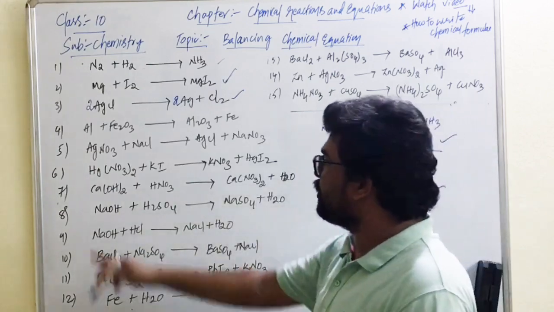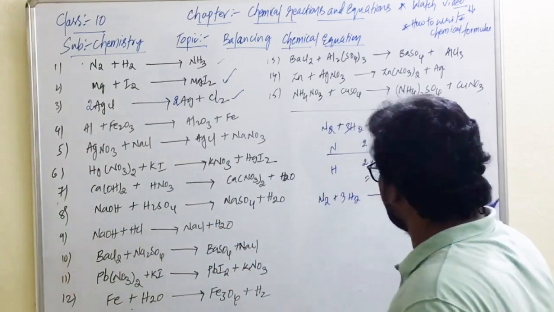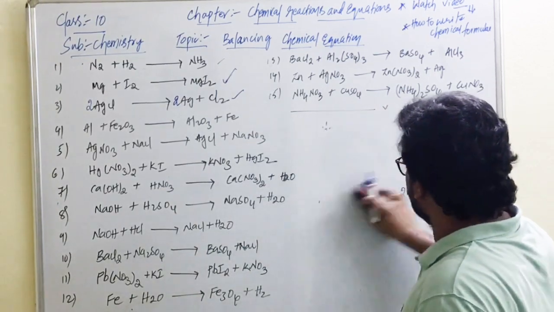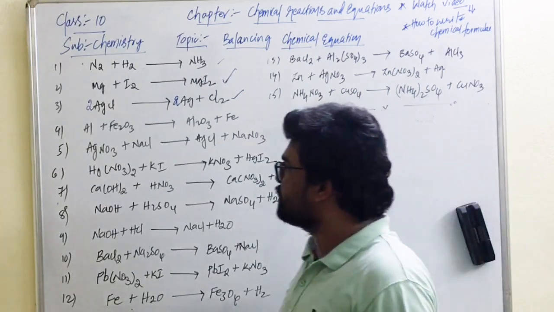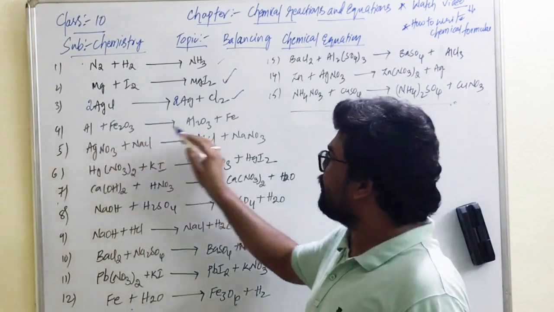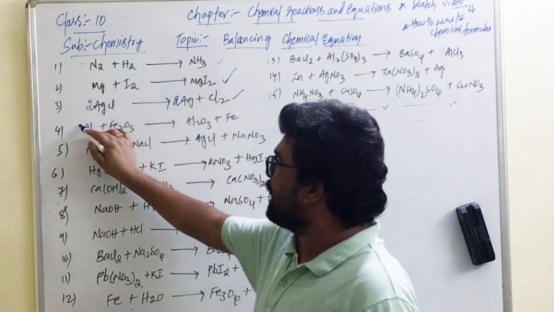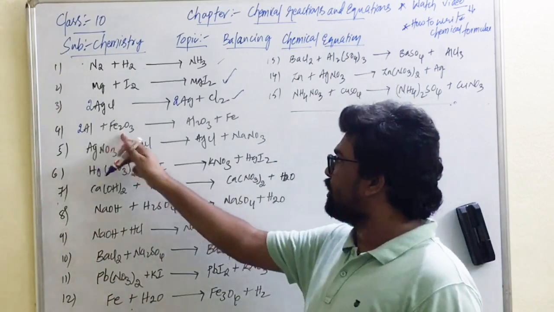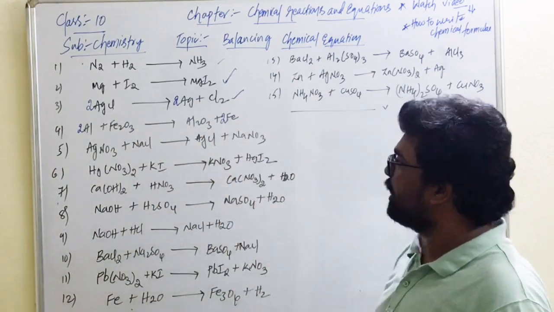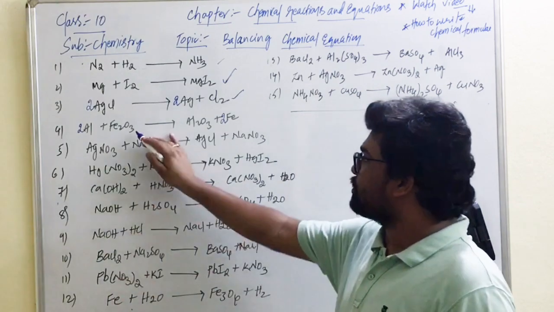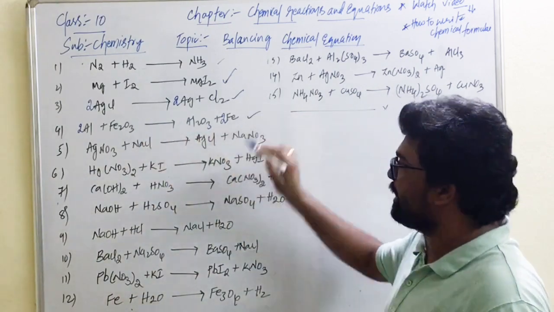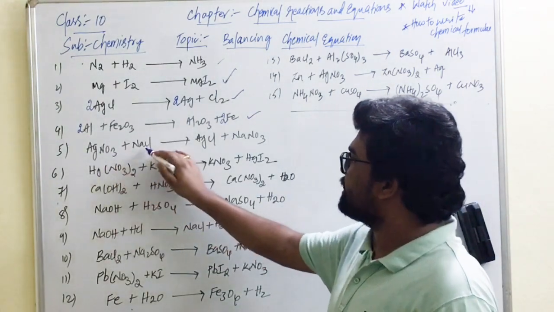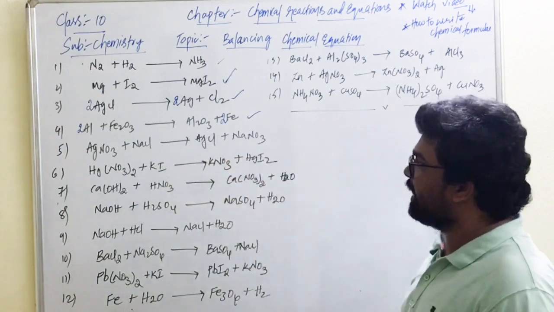Now let us look into the fourth one. Every chemical equation you have to do in this way. Now I am going in a direct method, just a hit and trial method where we need to add a number of atoms. Here aluminium is 1 on the left hand side, 2 on the right hand side. So add 2 before Al. Aluminium atoms are balanced. Next iron is 2 on the left hand side, 1 on the right hand side. Place 2 before Fe. Iron is balanced. Oxygen is 3 on the left hand side, 3 on the right hand side, balanced. Is it clear?